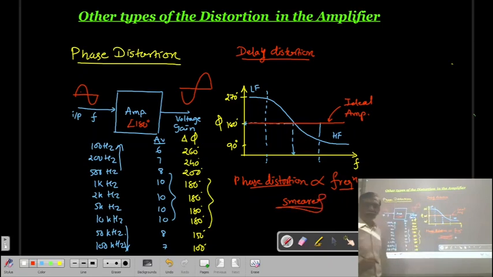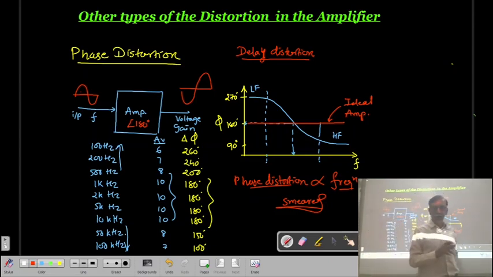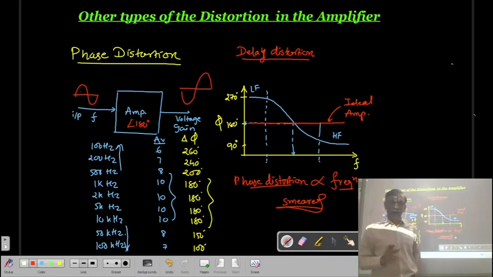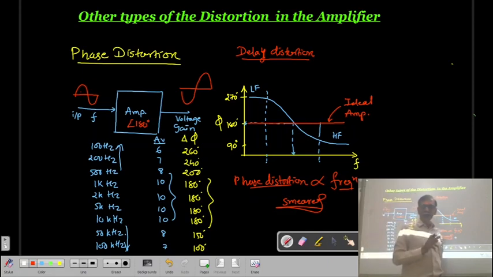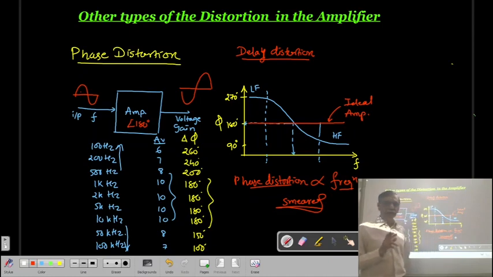Remember, that's why we have to take care about the phase distortion in a video amplifier. You should remember, the phase distortion is not important for the audio amplifier because our ear is not able to detect that distortion. But the eye is able to see the phase difference, and therefore it is important in case of the video amplifier.